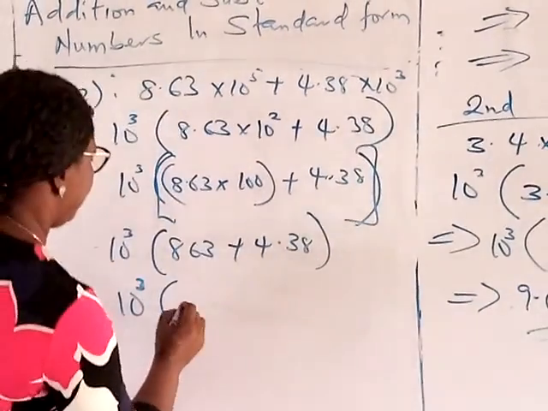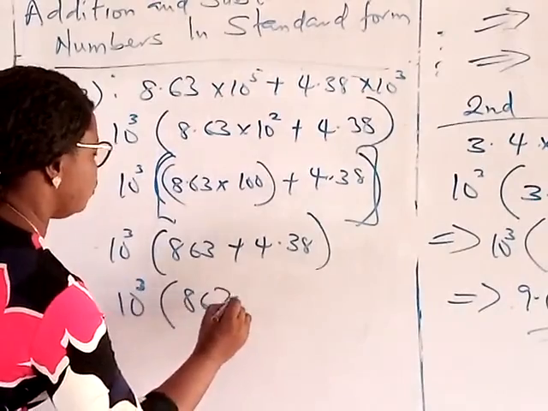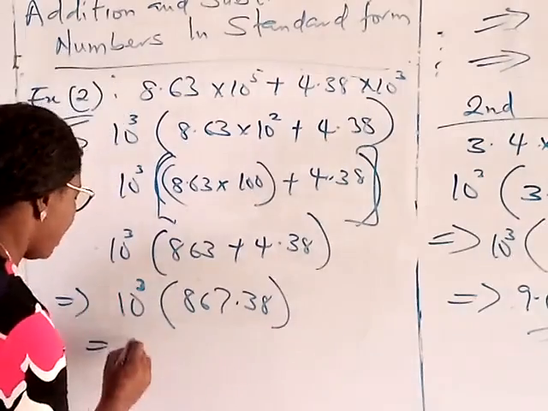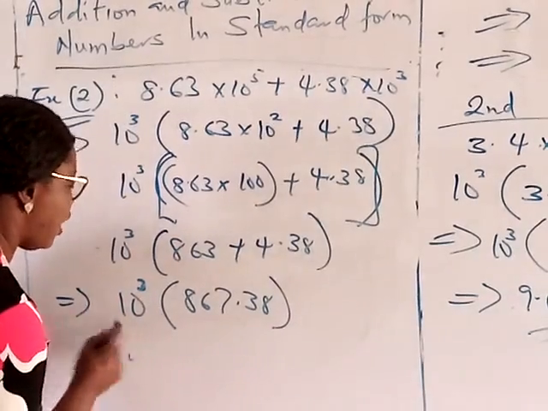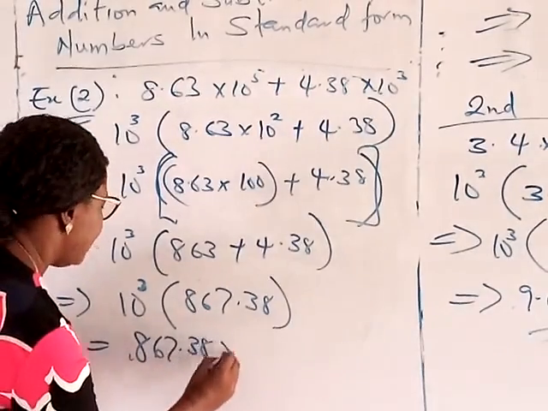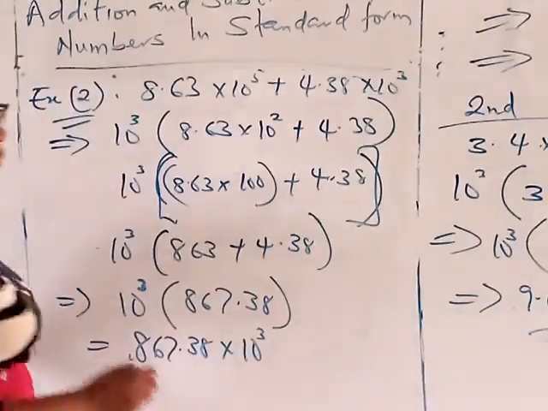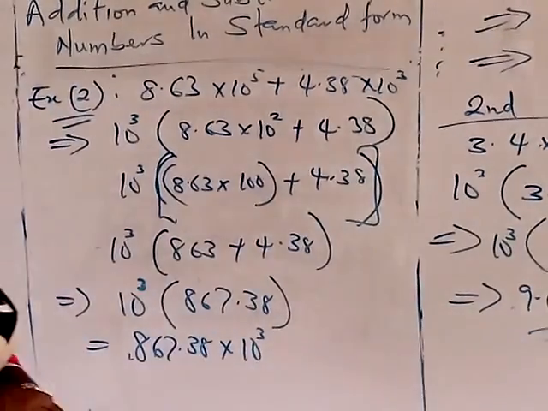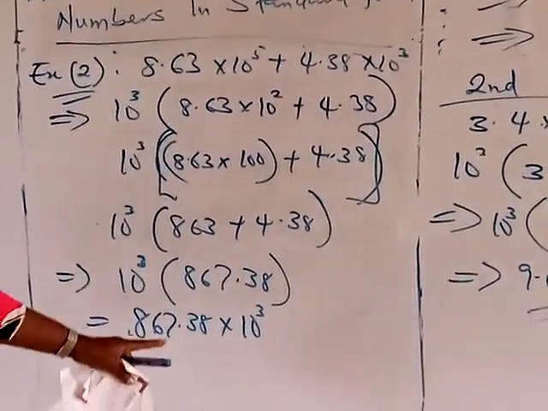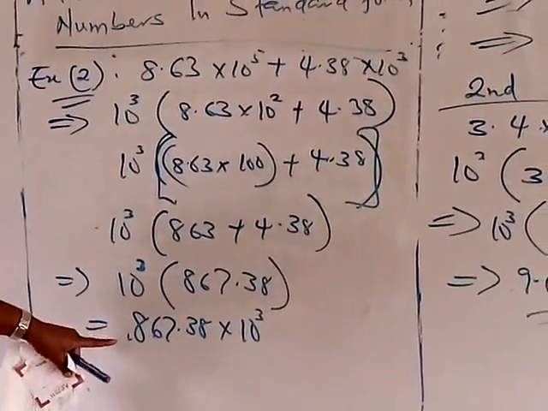So we have 867.38. And so we now have 867.38 times 10 raised to the power 3. But mind you, this question is in standard form. So looking at our answer here, we have